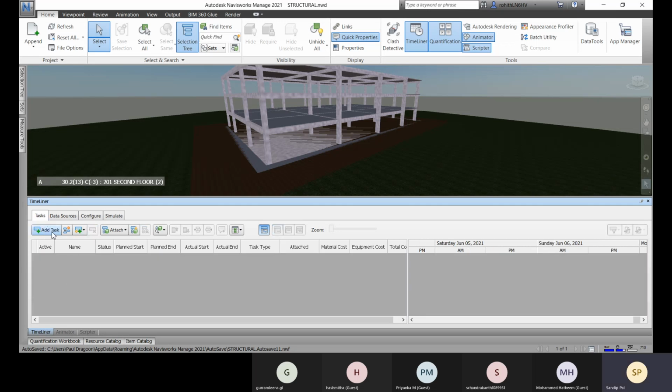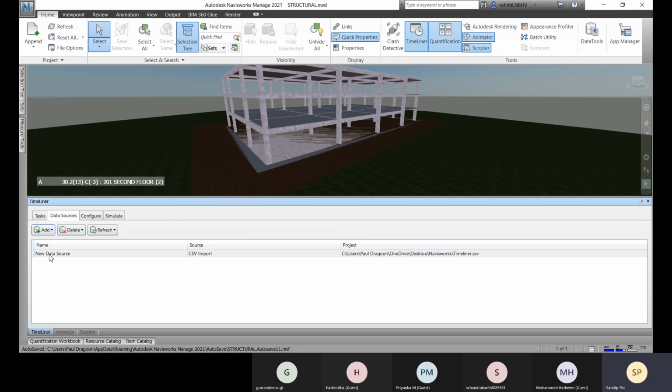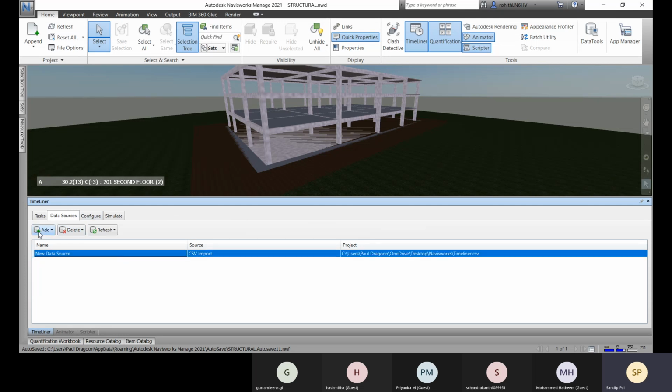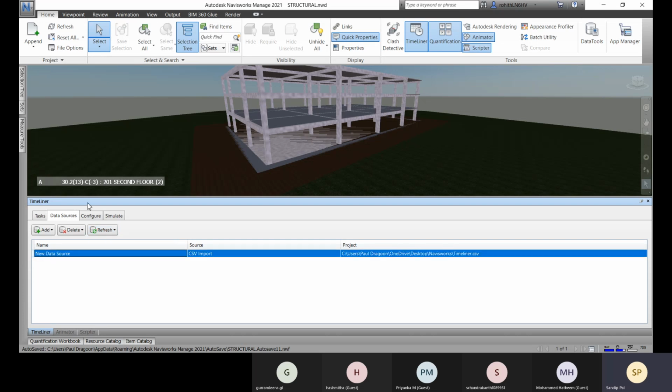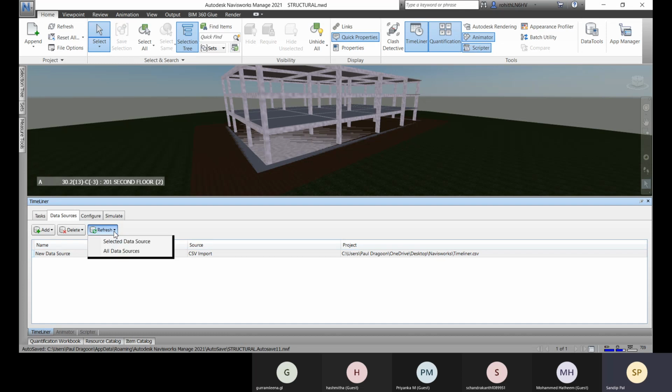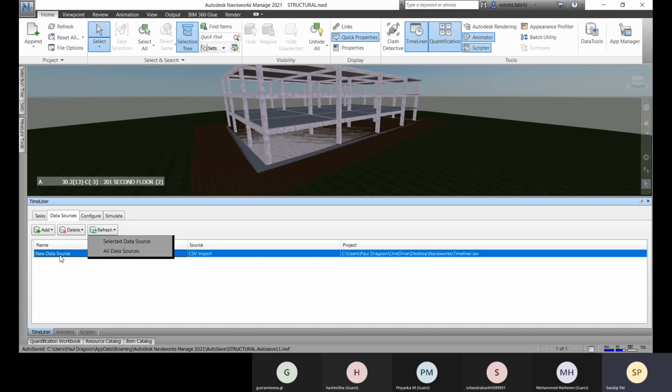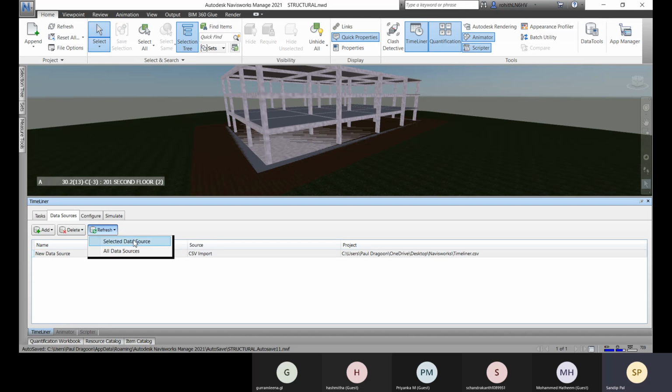So I'll be adding a new task with this data source. After adding it here, you have to go for this refresh tab, and there you have this selected data source. If you have added another, meaning two or three data sources, altogether you can go for all data sources. Right now you have to go for this selected data source.